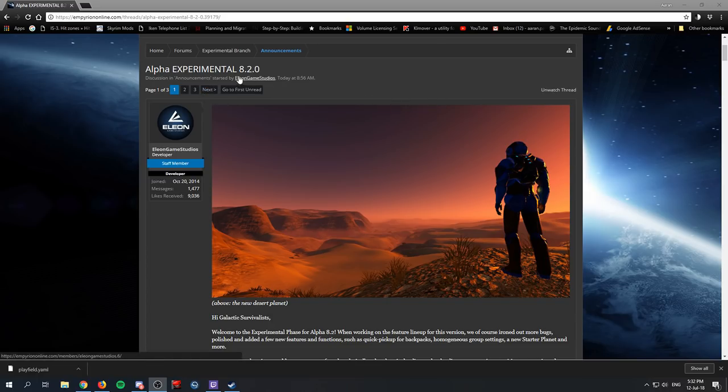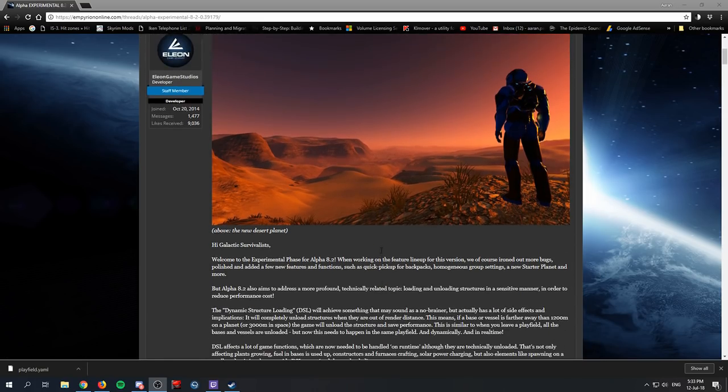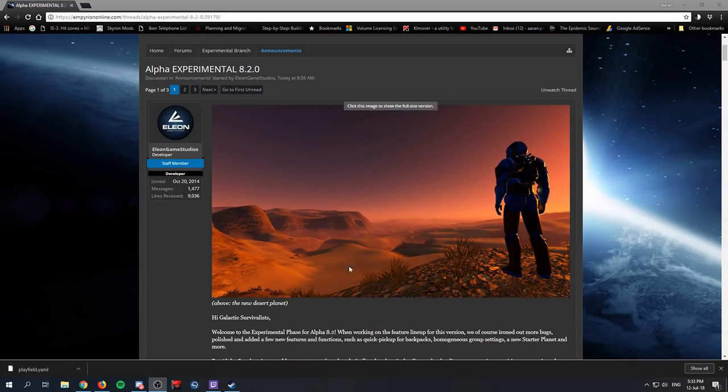Alpha Experimental 8.2 has been released by Empyrion Studios today at 8:56 AM, nice and early in the morning, which is great. This is an experimental release, so I'm just going to quickly go through the patch notes, but